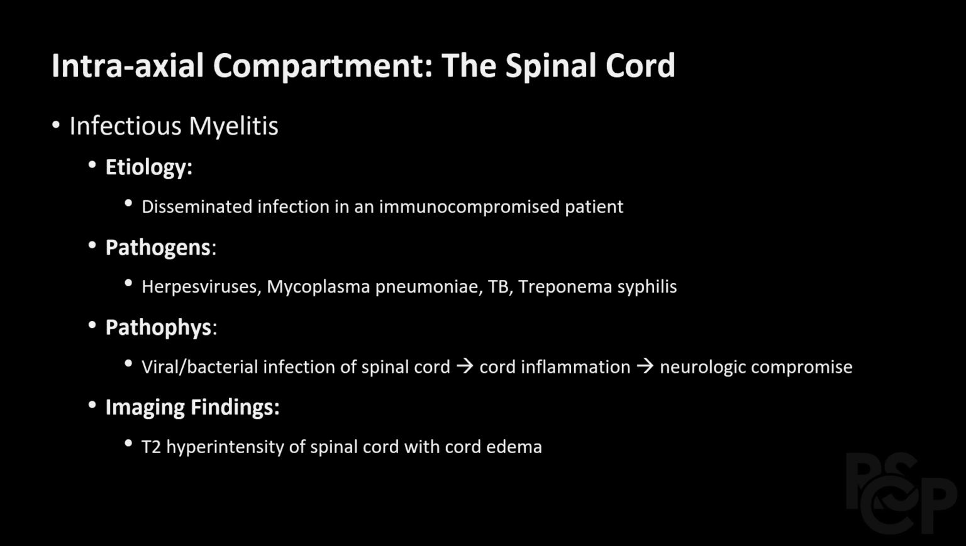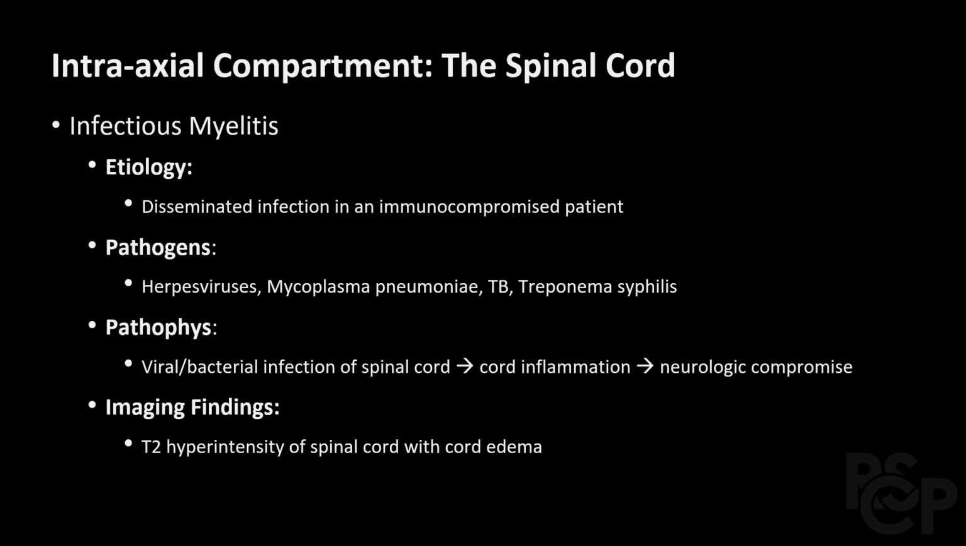And to conclude the video, we will cover infections of the spinal cord. It's typically referred to as infectious myelitis. Etiology is due to disseminated infection, classically in patients who are immunocompromised. Pathogens that are implicated tend to be herpes viruses, but can also be seen with mycoplasma, TB, and syphilis. The pathophysiology involves either bacterial or viral infection of the spinal cord, causing inflammation of the spinal cord and neurologic symptoms. Classic imaging findings, you tend to see hyperintensity on the T2 sequences located within the actual spinal cord parenchyma